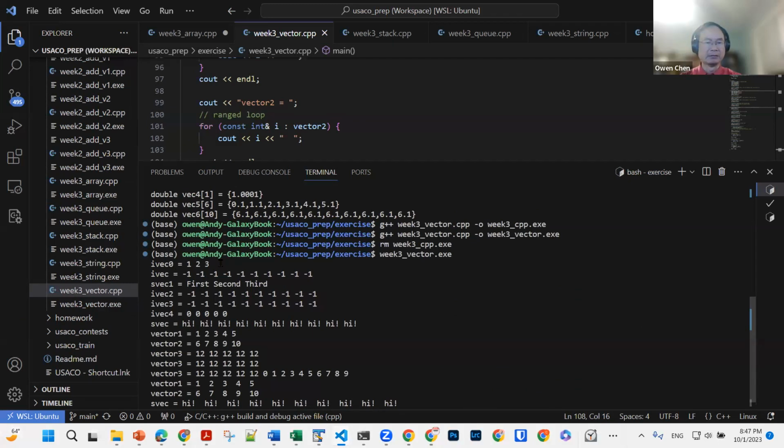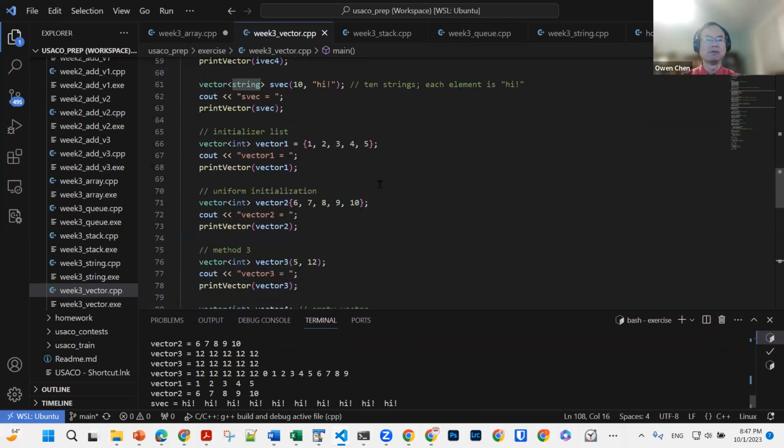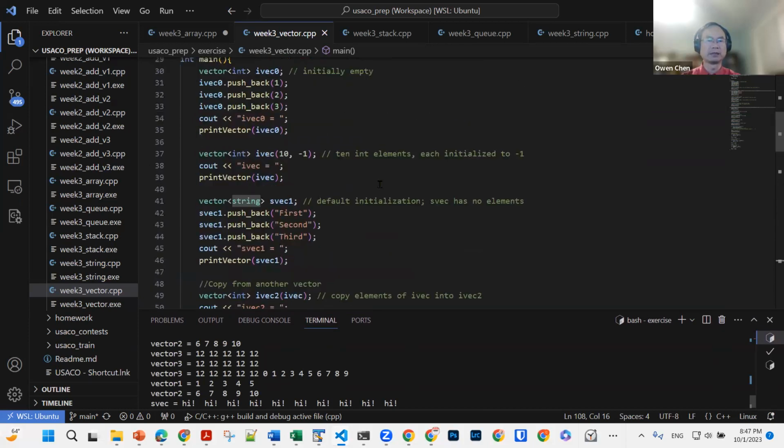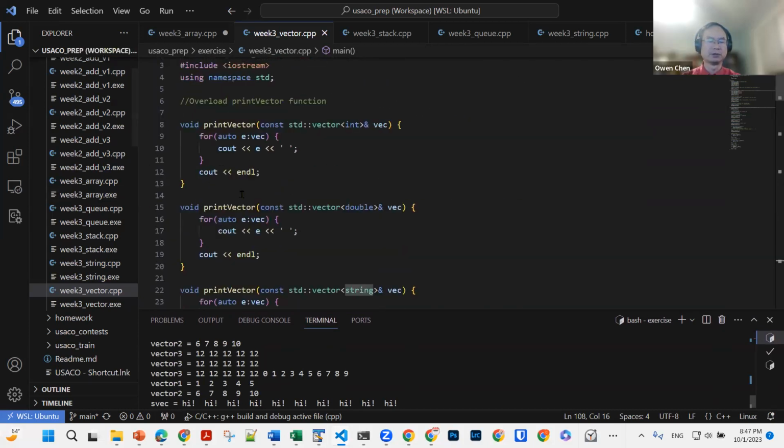They can handle the integer situation, and then this assigns integer 10 times, and string. So all of those output, rather than using the for loop, so you can just overload this print vector function, right? So you can handle all kinds of